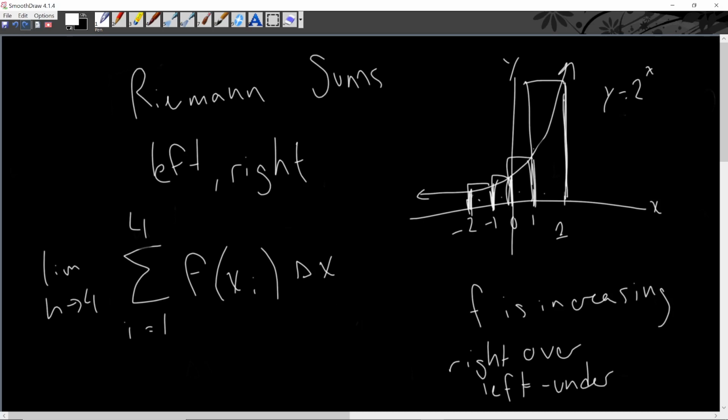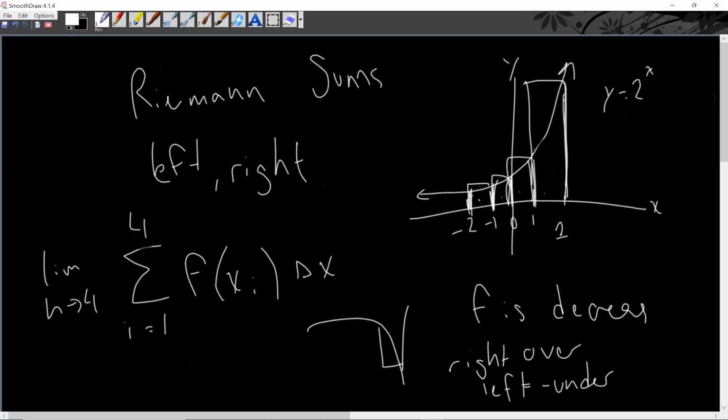And if you do that from the right, when you have a function that is increasing and you go from the right to the left, you're going to have a rectangle that goes over the curve. And this is when f is increasing. Now when f is decreasing, it's the opposite, right? If f is decreasing and you draw rectangles from the right